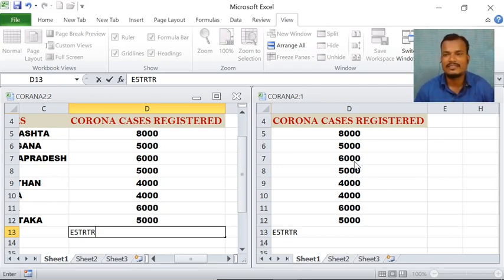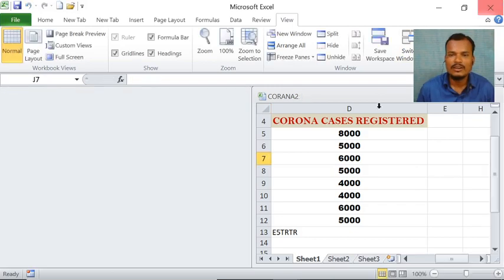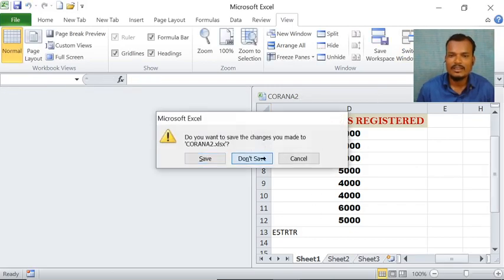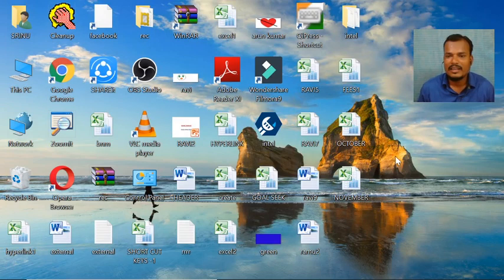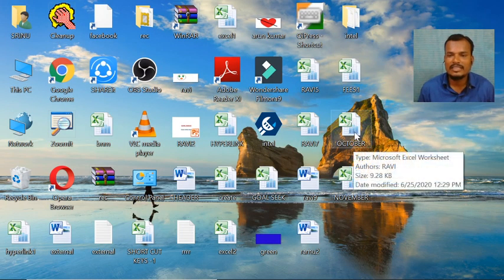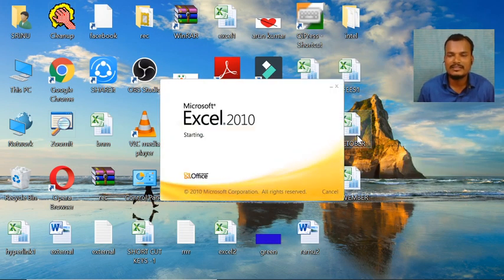Okay, right. Now observe here. So now let us discuss how to merge two different Excel workbooks. See here, I am taking one Excel workbook that is called October.